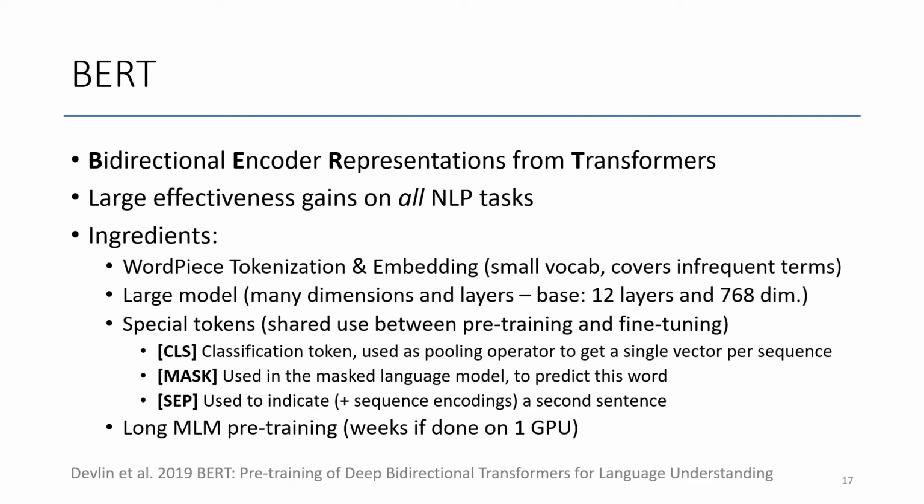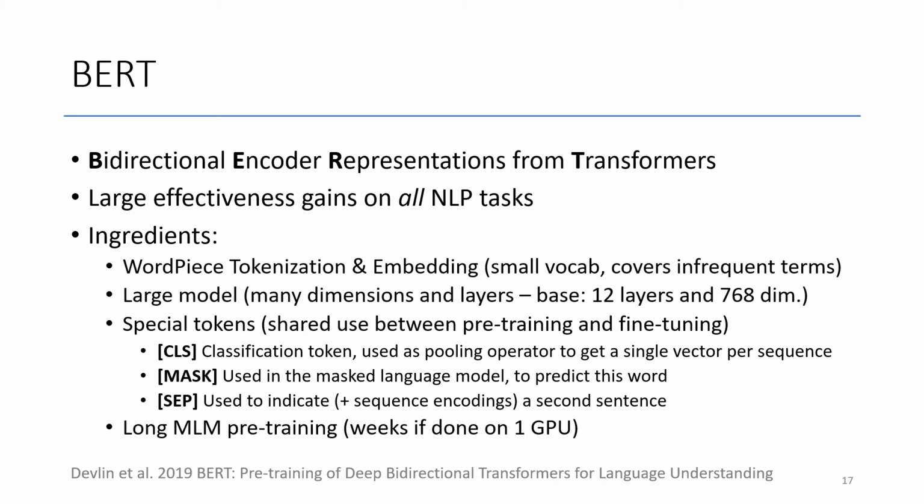So BERT stands for bidirectional encoder representations from transformers. It showed large effectiveness gains out of the gate, and the more people work with it, the bigger the improvements get. So the general ingredients that make all those gains possible are